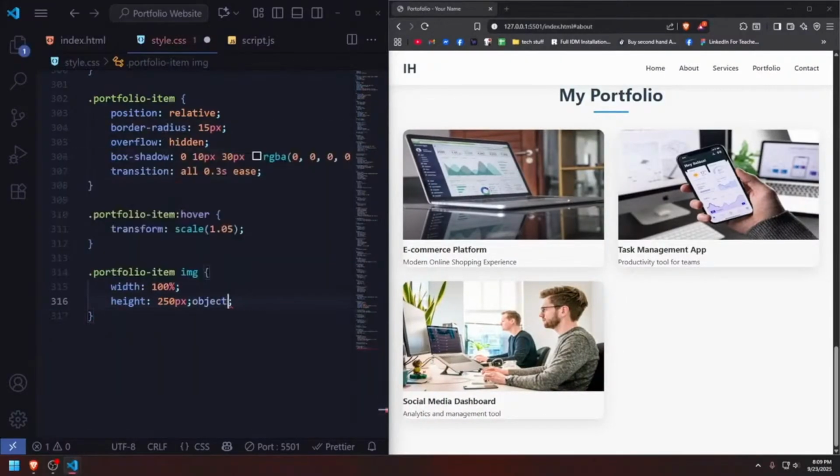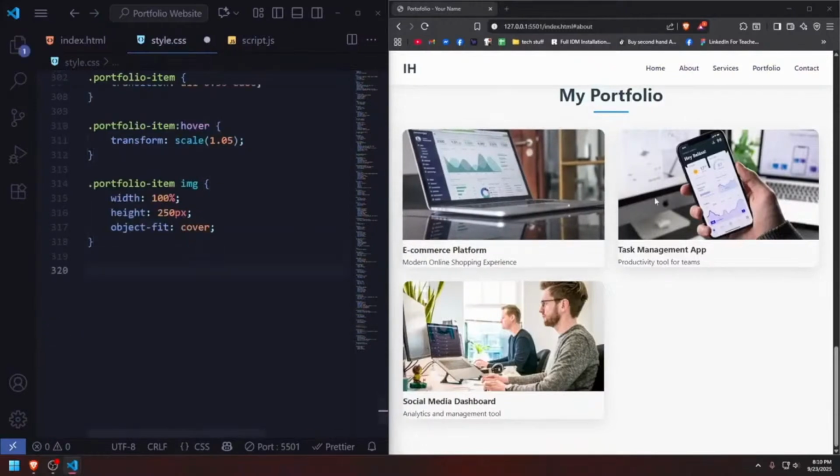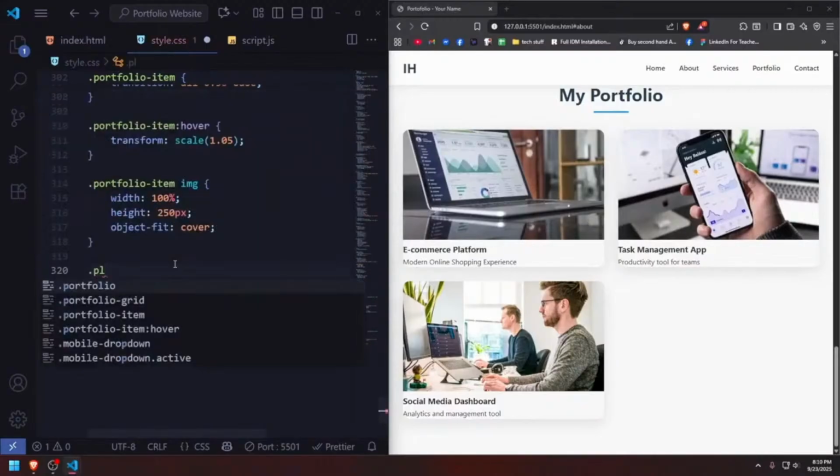Just do object-fit, set that to cover. Just like that. Wow. Kind of crazy. And now for the overlay, right? I'm just gonna do port